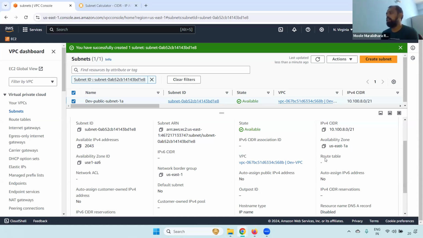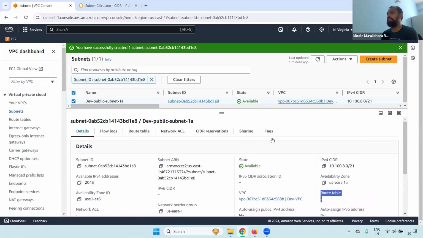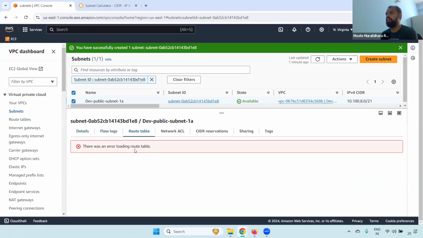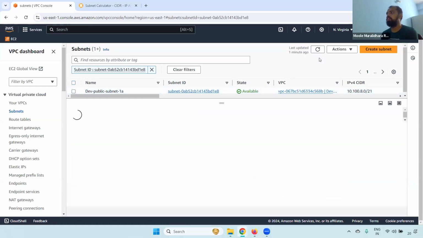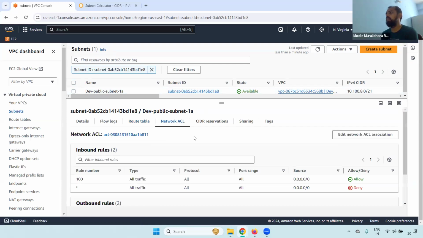If you see here the route table, one thing you have to remember: when you create any subnet, by default it is associated with the default VPC's default route table. It means when you create any subnet, it is automatically attached to the default route table. You can check it here. If you see here, it is attached to the default route table, and also